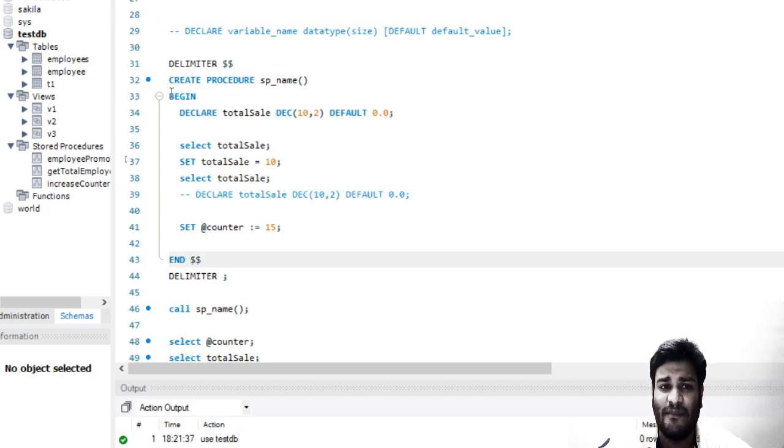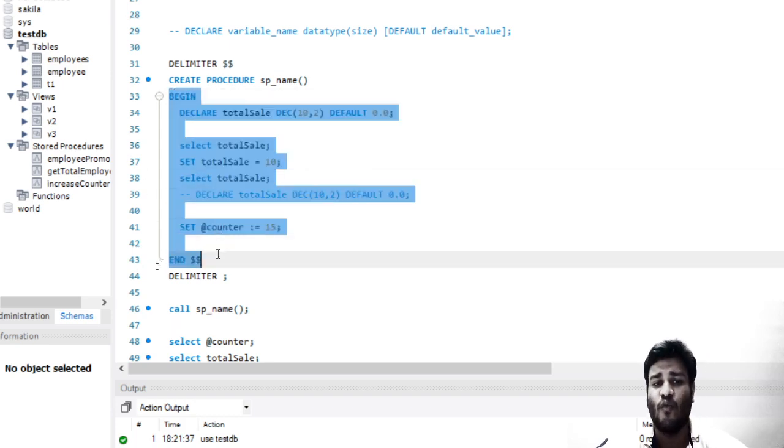There might be a case where this BEGIN is inside another BEGIN, and we might come across scenarios like this, but I'm just giving you a glimpse. That BEGIN till END is a block. If you declare a variable in the inner BEGIN, then the scope of the variable is also only till the inner END.